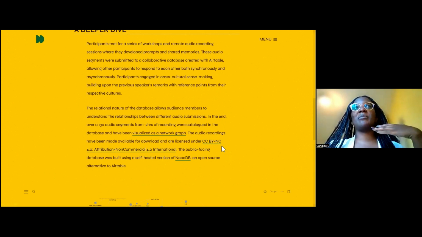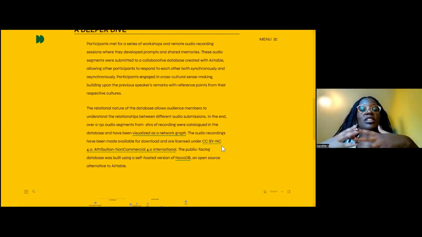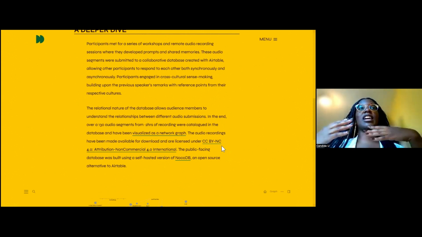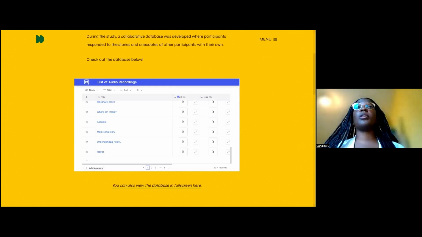The participants and I worked on what license we wanted to set for the database and what license we were comfortable with, and we settled with this one. So a lot of parts of the project are already open source, but I am working on sharing a bit more, like you said, process and that kind of thing.